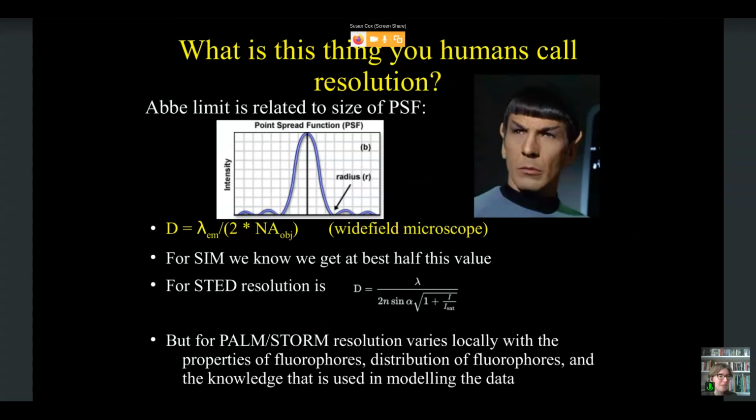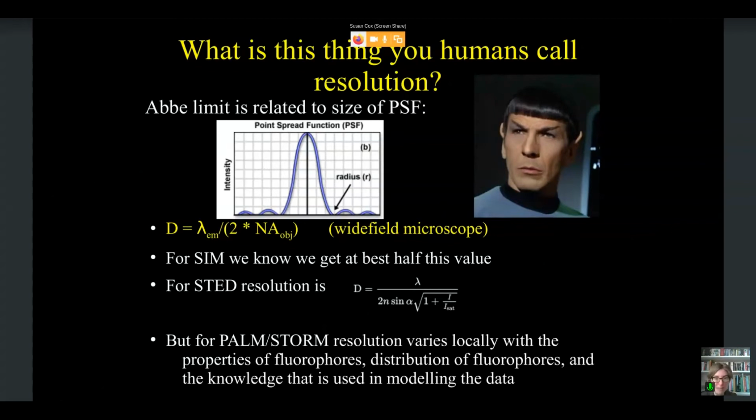And for some other techniques, you can also describe how you would get below the Abbe limit in a fairly intuitive way. For example, for linear structured illumination, we know that we get at best half this value. For stimulated emission depletion microscopy, we can get a more complicated version of the resolution, which is to do with the power of